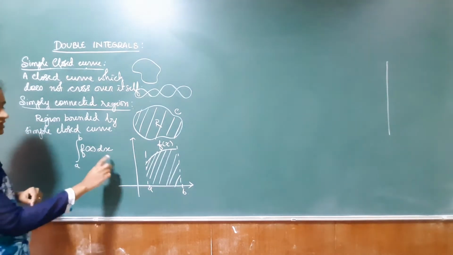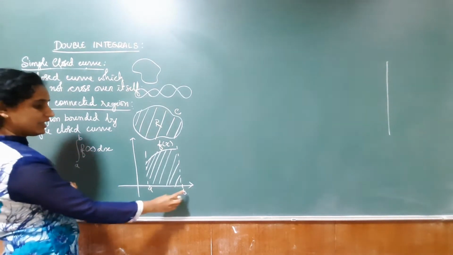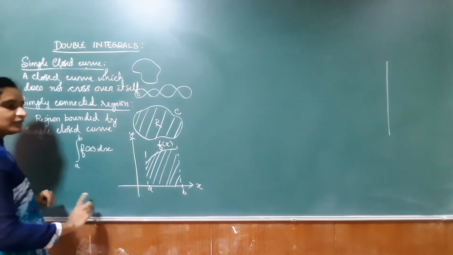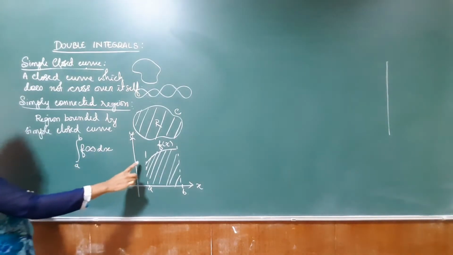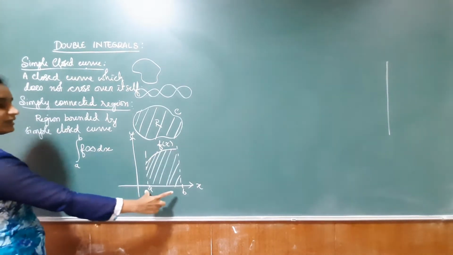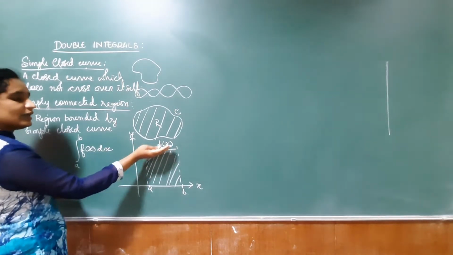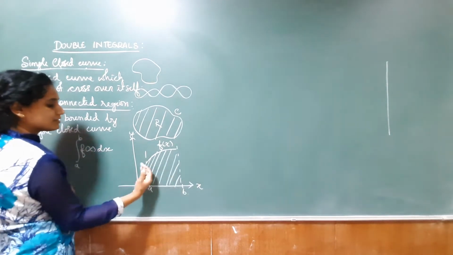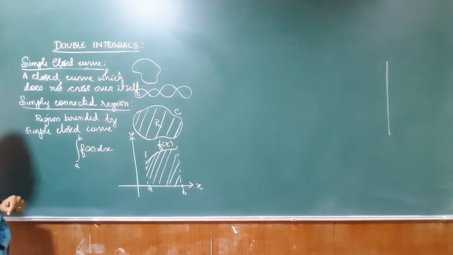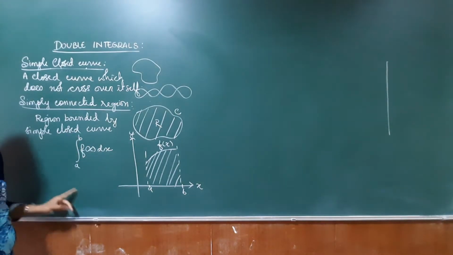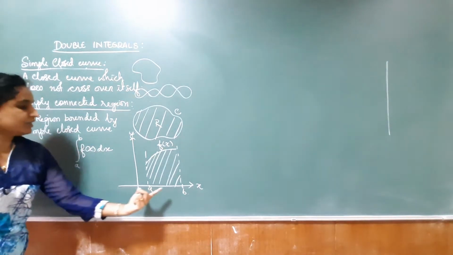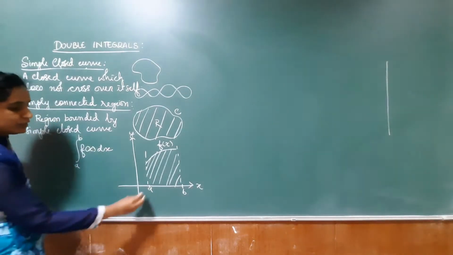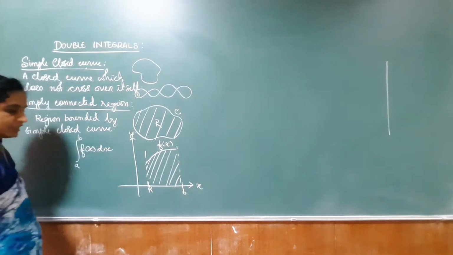One variable was there, that is independent variable x. This is the x-axis. And to represent this integral, I need two dimensions because the function can be drawn in two dimensions. And the integral from a to b is nothing but the area under the curve bounded by the x-axis and the lines x is equal to a and x is equal to b. This is about single integral. And what is the region of integration? I am integrating on an interval from x is equal to a to x is equal to b.